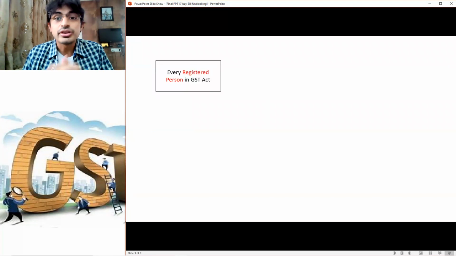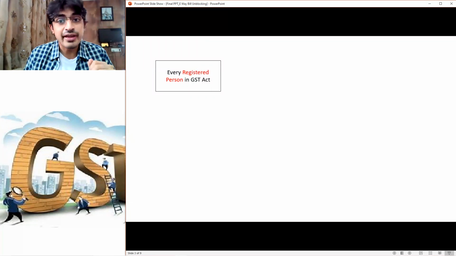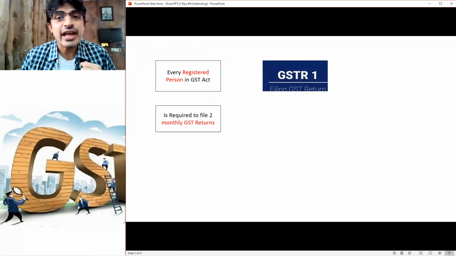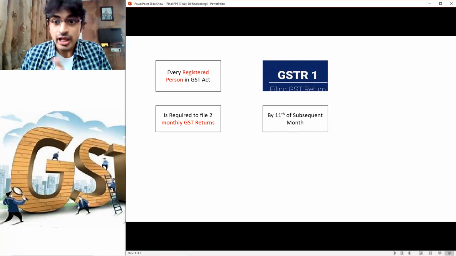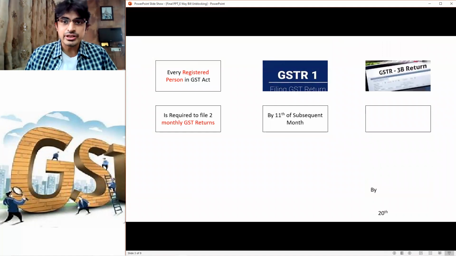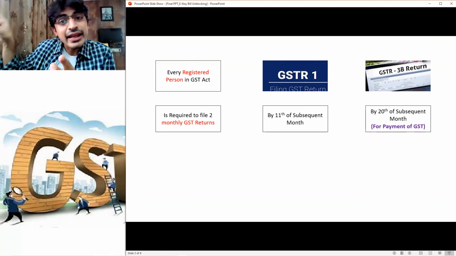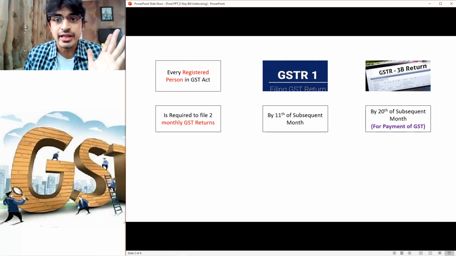This we all know. Now, every registered person in the GST Act, as you are aware, is required to file 2 monthly GST returns. GSTR1, by when? 11th of the subsequent month. And he has to file one more GST return, GSTR3B. It is to be filed by 20th of the subsequent month. And we pay GST through which return? GSTR3B. Remember that.